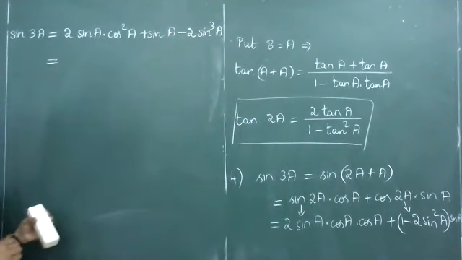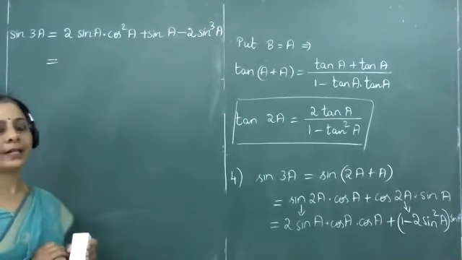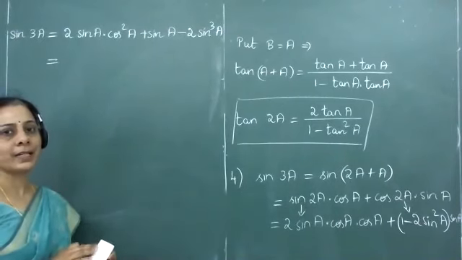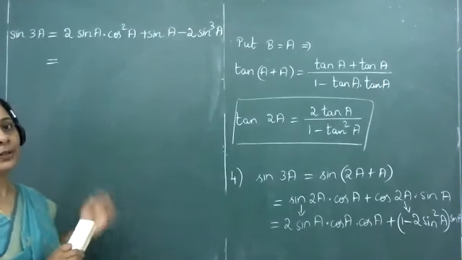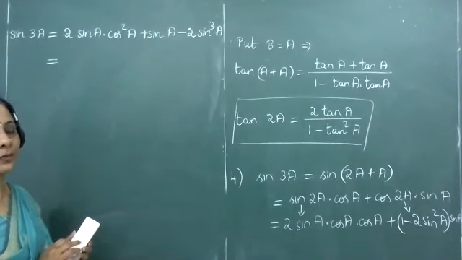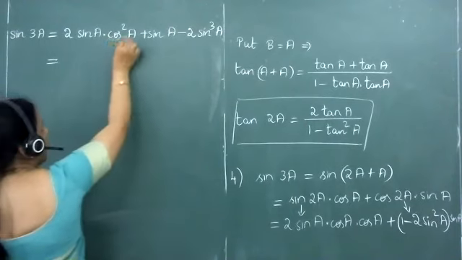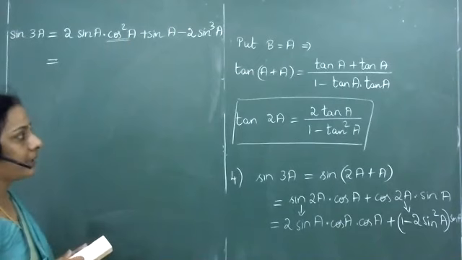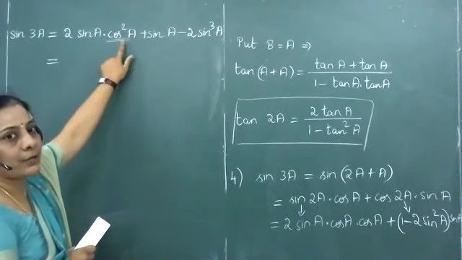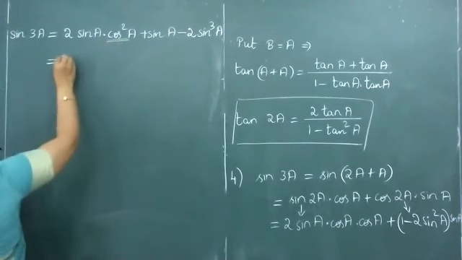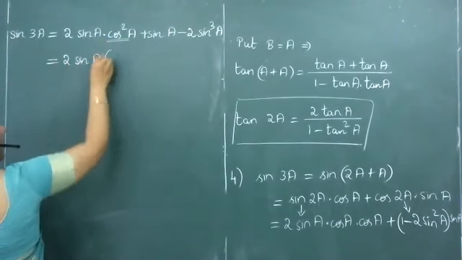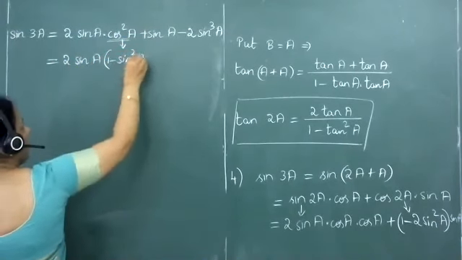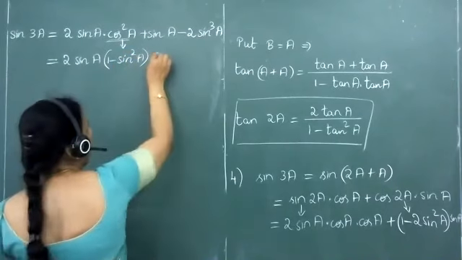And just see if every cos term has been eliminated or not. If yes, you will have to rearrange the terms and keep it. If not, you will have to replace that cos squared term. You have to go for the elimination again. And we see here there is one cos squared term as it is. So that needs to be eliminated further. So how to eliminate this cos squared term? Again by making use of the first trigonometric identity. So cos squared a will now be replaced as equal to 1 minus sin squared a.